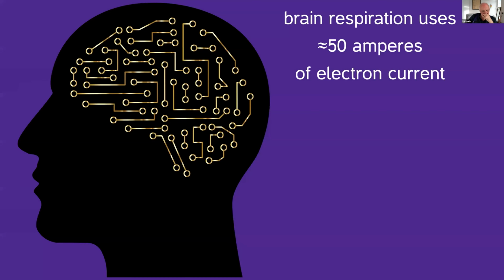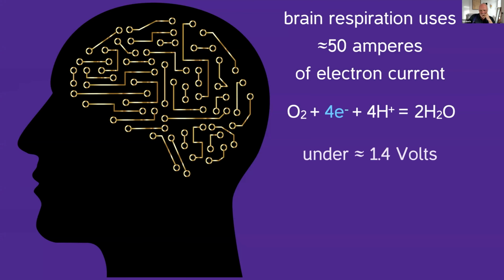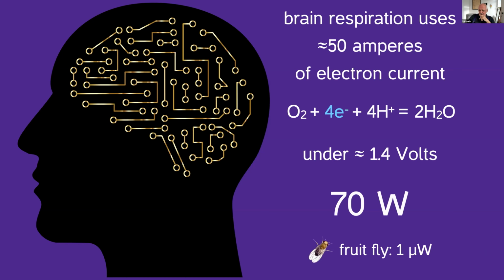One often forgotten fact is that very large electron currents flow in the brain. They flow throughout the body, but the brain is constantly going. These are the electron currents that reduce oxygen to water. They're part of cellular respiration. We're talking 50 amps typically for the brain at rest. It doesn't change very much, actually. We're always thinking. The reaction is O2 plus 4 electrons gives you two waters. This is under 1.4 volts, and therefore there's 70 watts of energy consumption in the brain at any time. In a fly, which I'm going to be talking about, it is 1 microwatt